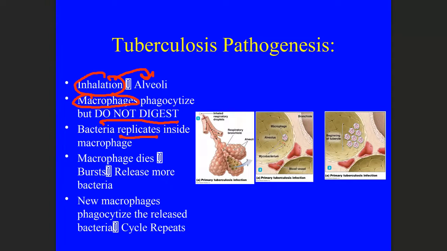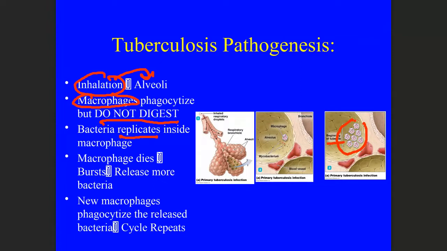Now, once those bacteria are out, your immune system sends in more macrophages to phagocytose them. If you have a healthy immune system, this is what you want to happen if you were exposed to this bacteria. The bacteria replicate inside of those macrophages, burst out of them, and this whole cycle repeats. Your immune system will send in more and more macrophages. And so what we get here is the very beginnings of the formation of a tubercle.